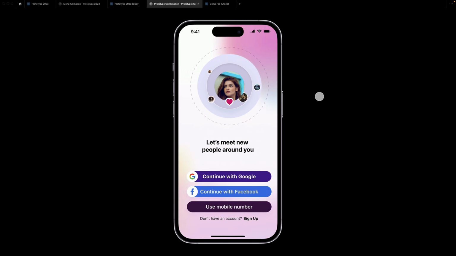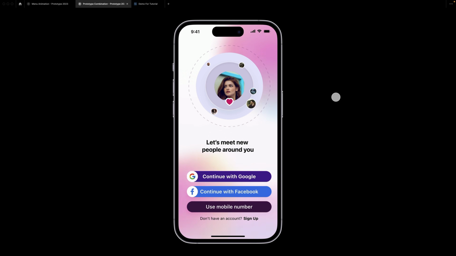In this section, you will learn how to prototype animation in Figma and learn how to use the after delay trigger to make your prototype interactive. So we will animate these circles and the background. After delay interaction works well with motion paths and is a great way to create a quick animation to make your app more engaging and interesting at first glance.